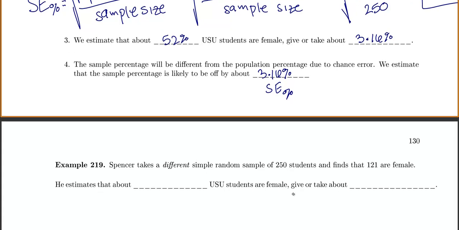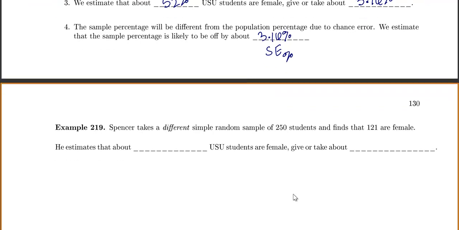Now there's this interesting phenomenon where every time I take a different sample, I'm likely to get a different sample result. So in example 219, Spencer takes a different simple random sample of 250 students and finds that 121 are female. So he's going to estimate that about blank USU students are female, give or take about what? Okay, so first of all, what is his guess for the population percentage? So he's going to estimate the population percentage by the sample percentage,